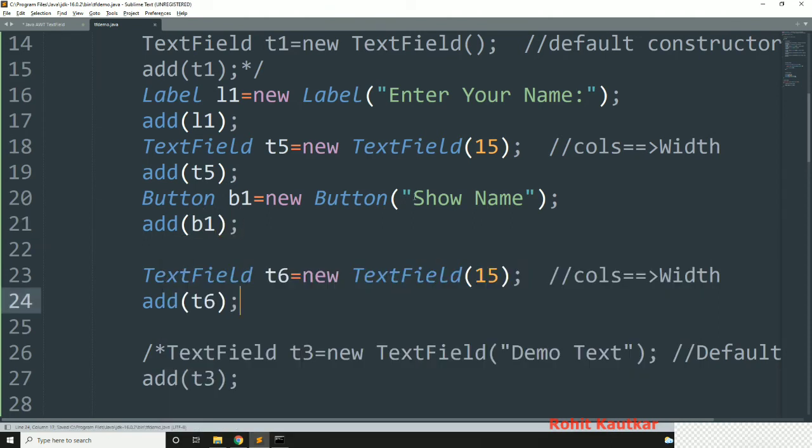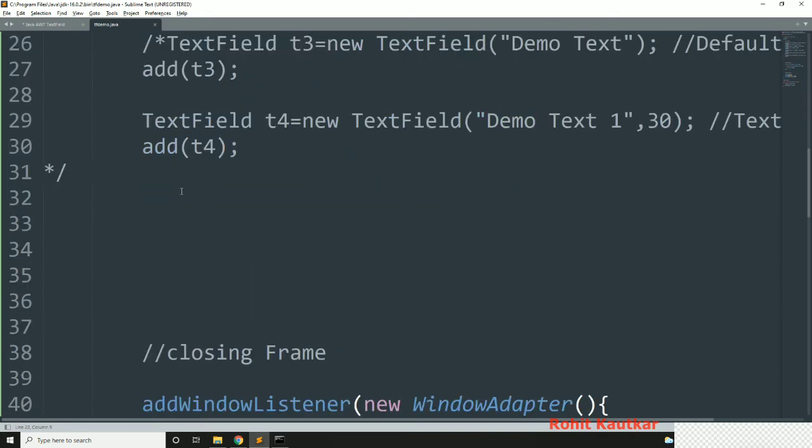Now whenever the user clicks on show name, his name will be shown within this text field. So for this we will add the action listener with this button 1. Here I will add code for event handling.